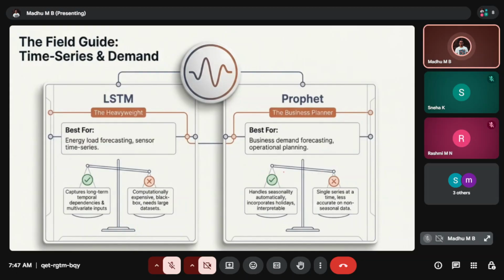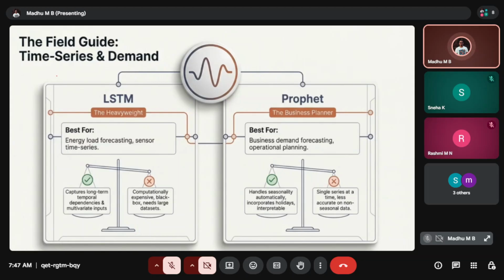So we have the important one, LSTM, and Prophet.